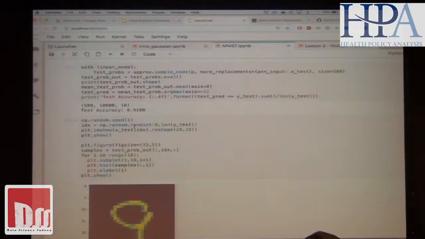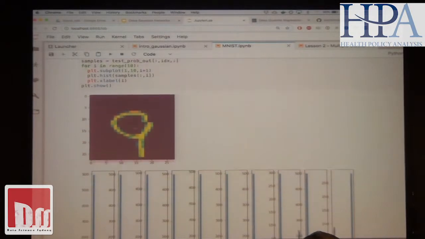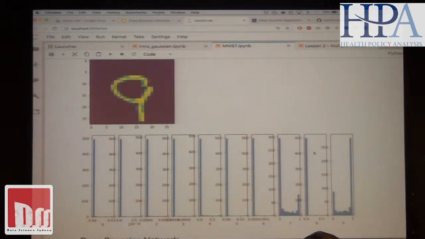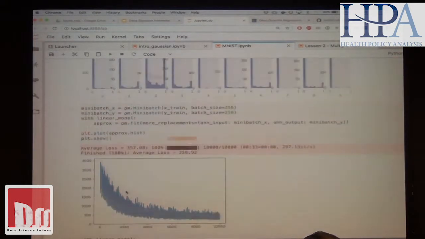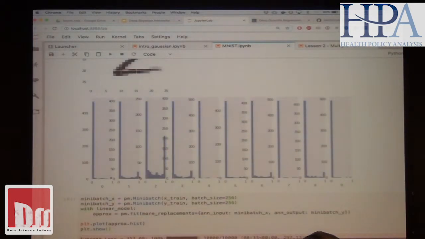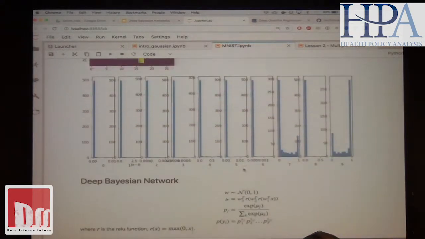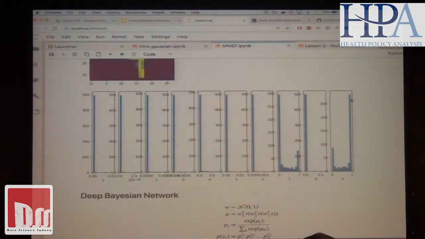So I am using Theano underneath. Looking at the number 9 again, this time it's quite confident that it is a 9. It might be a 7 as well, but one thing you might notice, compared to the histograms before, is that there was residual stuff in everything, whereas over here it's quite confidently saying most of them are 0, except 7 or 9. It turns out that the 9 is a bit more confident when you look at the numbers over here.